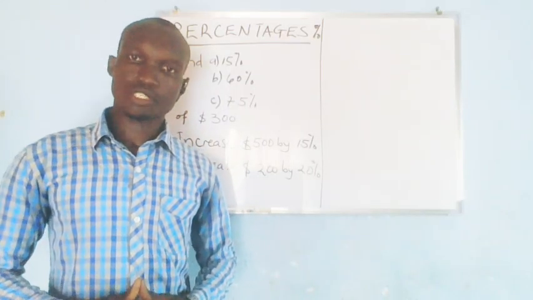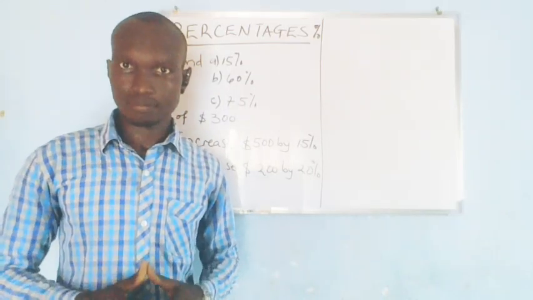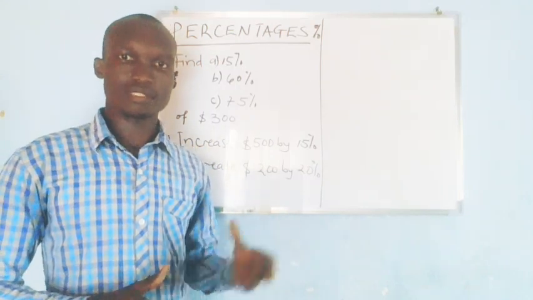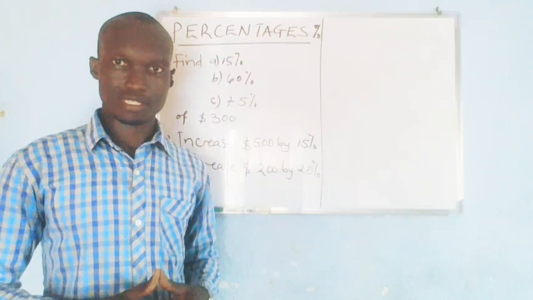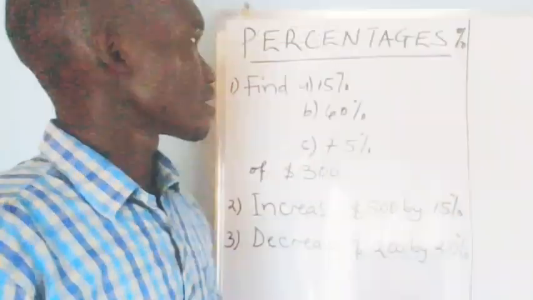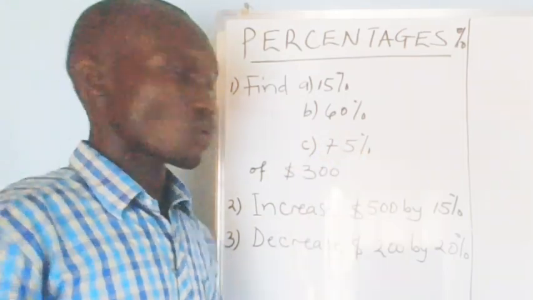A percentage is a fraction whose denominator is 100%. So when we're looking at percentages, we basically deal with the denominator being 100%. And here are some numbers that we are required to apply percentages to. The first one says 15% of